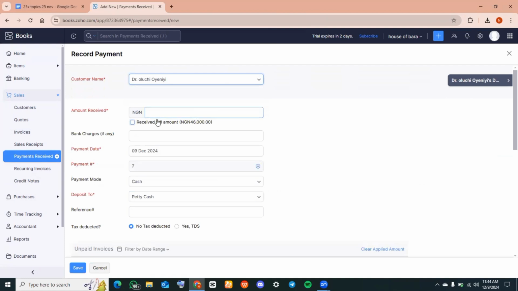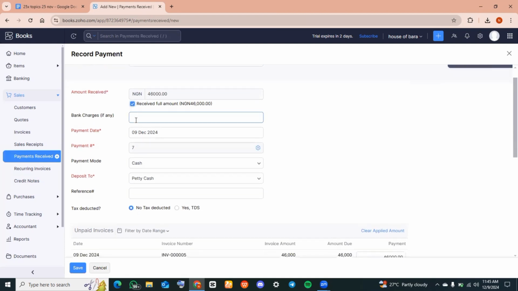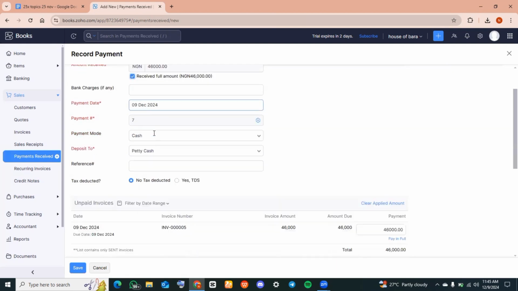Now you would notice that after adding the customer's name that the payment is due, Zoho Books automatically brings out the data of this particular customer. All you need to do is to check on the box to acknowledge that it's the same payment that we are talking about. Now if you have any bank charges on this particular payment, you can go ahead now and add it,